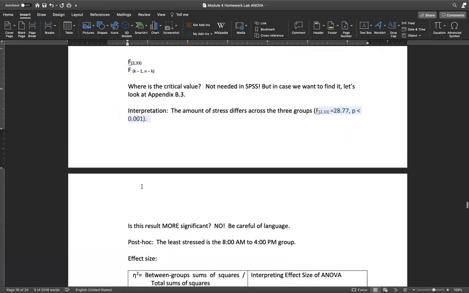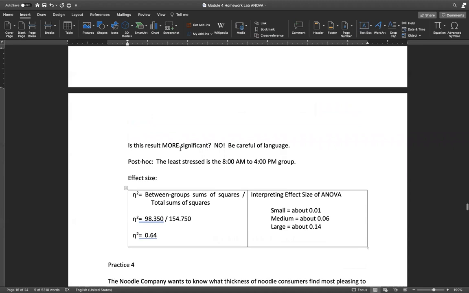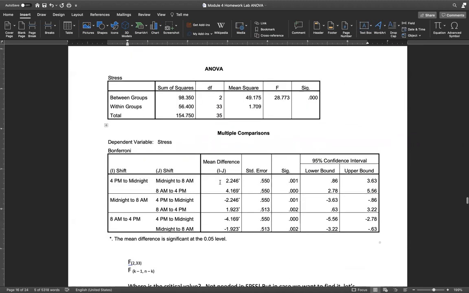No, it is just significant at that level. It is not more significant, and that is so important to remember. The least stress group, if I look up here, I can see that the